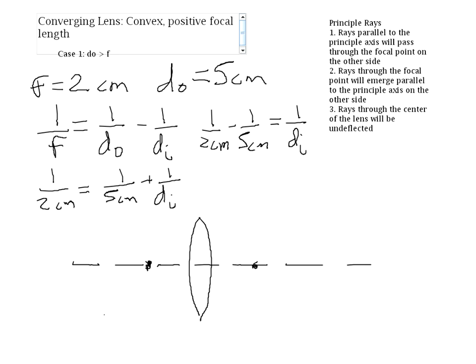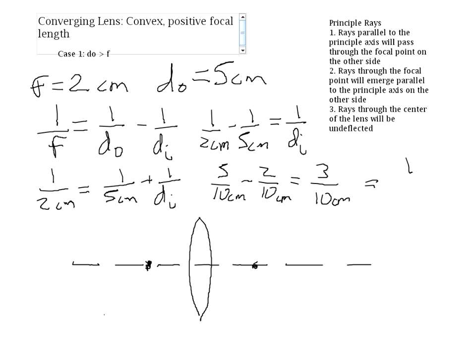So we would have 5 over 10 centimeters from the 1/2 minus 2 over 10 centimeters from the 1/5 equals 5 minus 2 is 3. So that is 3 over 10 centimeters